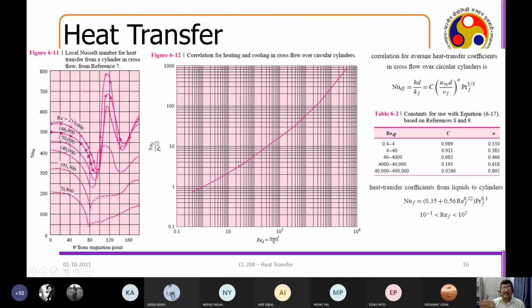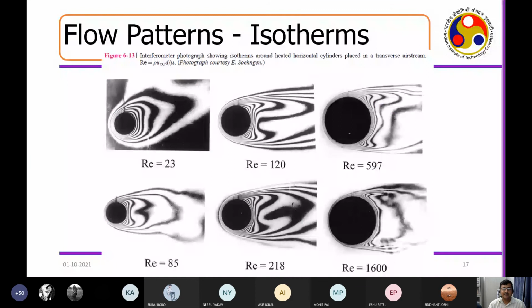Now you join the heat transfer characteristics to that, correct? So you bring in the aspects of, suppose in this sort of situation, if your sphere is a hot sphere, and then you are flowing the stream, right? Once you do that, you will see that at different Reynolds numbers, the hotness of the particle will have an influence on these flow patterns.